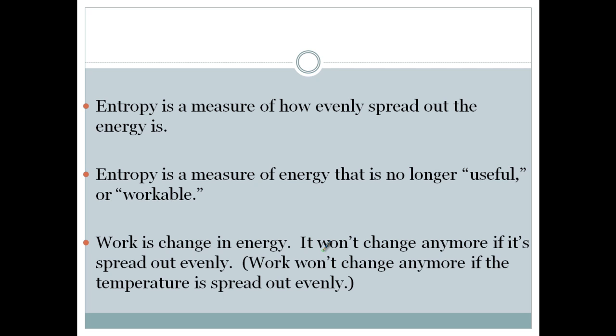So just like if I let a marble go on a curved track, it's going to go potential to kinetic, kinetic to potential, but it's going to keep getting lower. So this ball is going to start here, it's going to come over here, but then it's only going to reach this high, then eventually going to reach this high, so on and so forth, back and forth, until it just stops there in the middle. So that's its final state. The energy is all spread out. So we can't get that to change anymore unless we do something else to it, unless we pick it up again or put a little motor on the ball. But in this state down here, high entropy, because all the energy is evenly spread out.